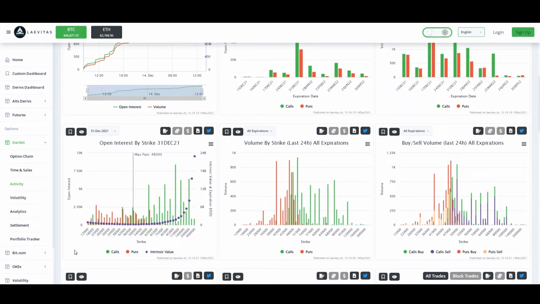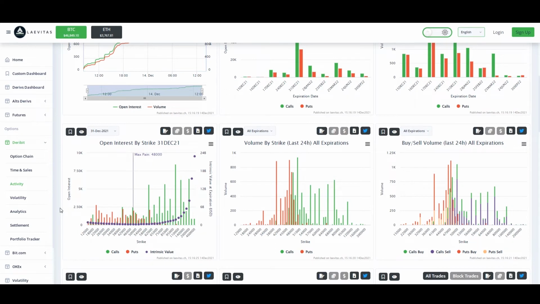So they paid money for this contract. That's a certain, let's say, fee. And if they are wrong, they get nothing, right? So that money, that fee that they paid for the contract, is basically in the pockets of the market maker, right? And so you have this max pain price, which means that this is the price where